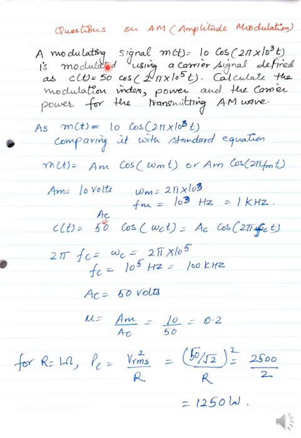The formula will not be given in the exam, and another thing is that you have to remember all the proofs of your DSB-SC, SSB, and their circuits, because the theory part will come from them. So remember that you have to remember the formula. The only formulas I can provide you in the exam will be trigonometric identities like 2 cos A cos B, 2 sin A sin B, whichever will be required.